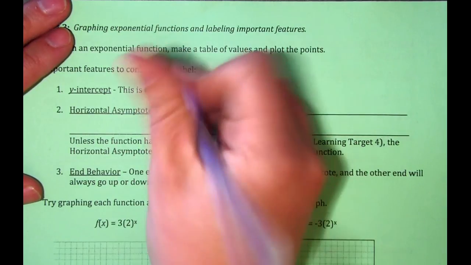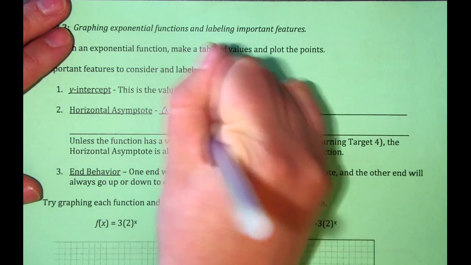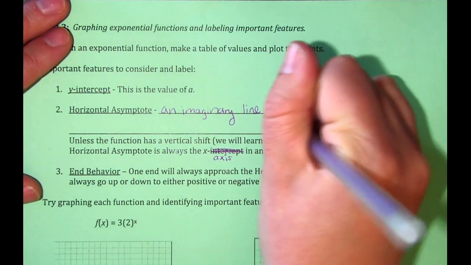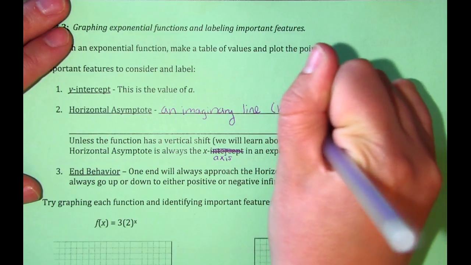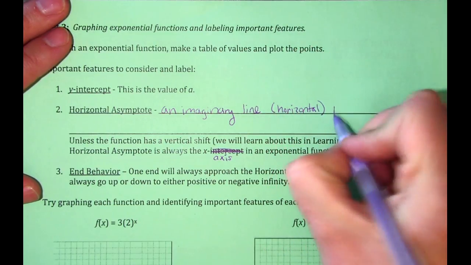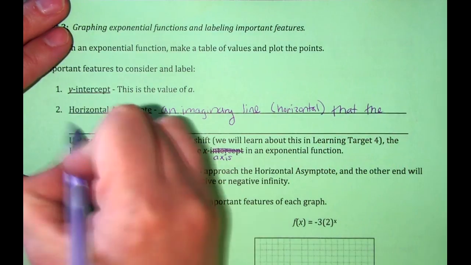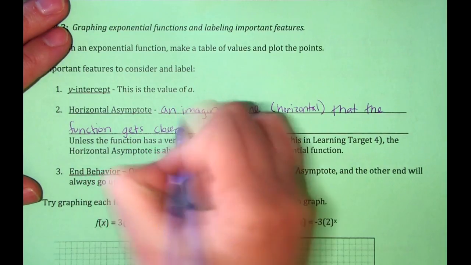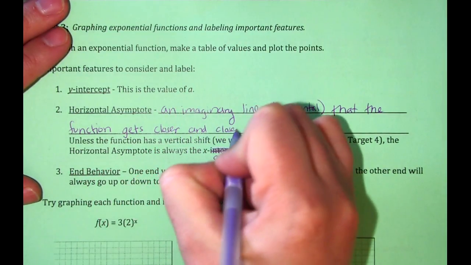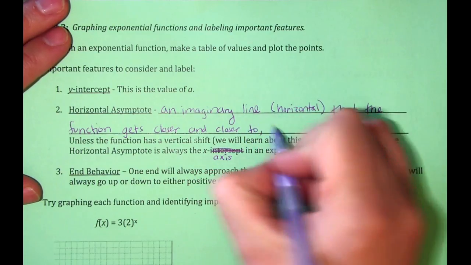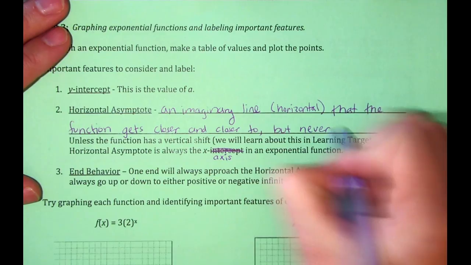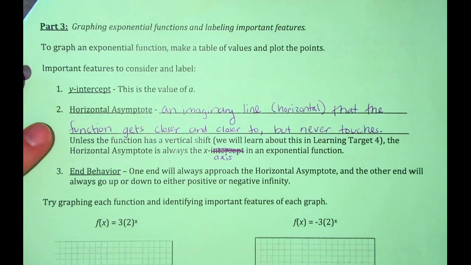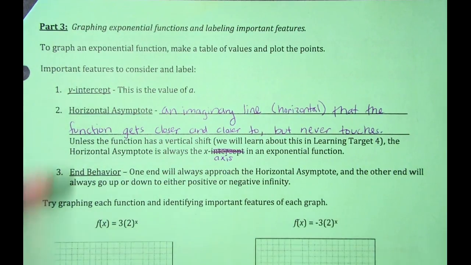So where it says horizontal asymptote, we're going to write an imaginary line, horizontal, that the function gets closer and closer to, comma, but never touches. Now, unless the function, the exponential function, is shifted up or down, like if you take the whole entire